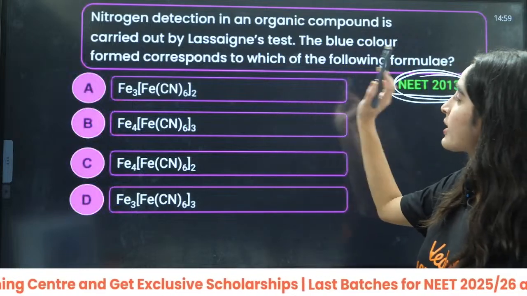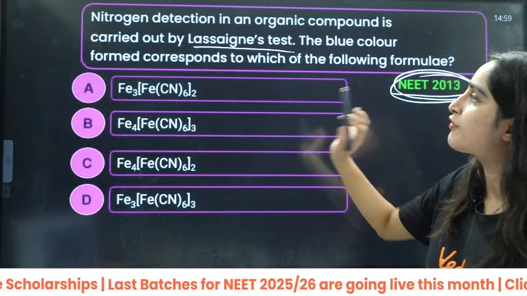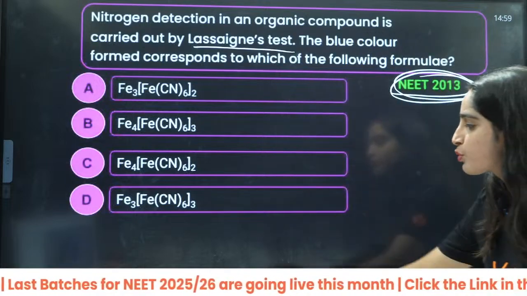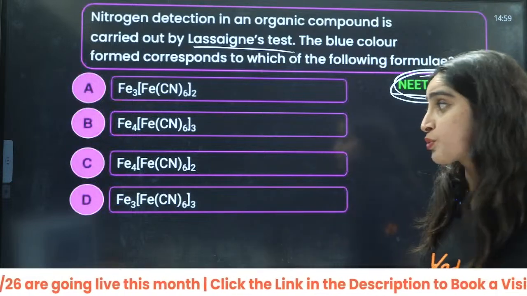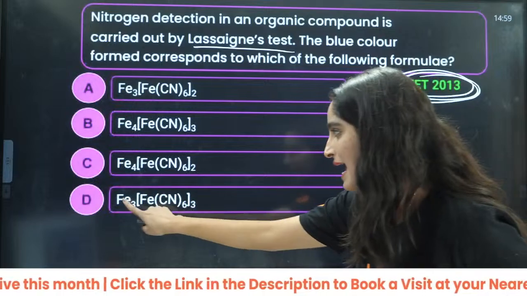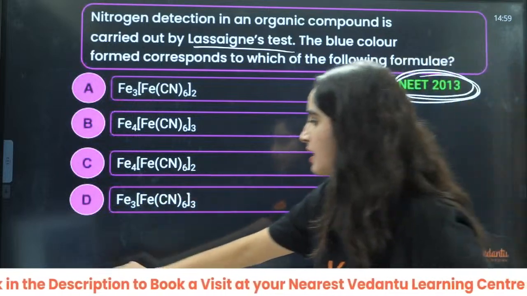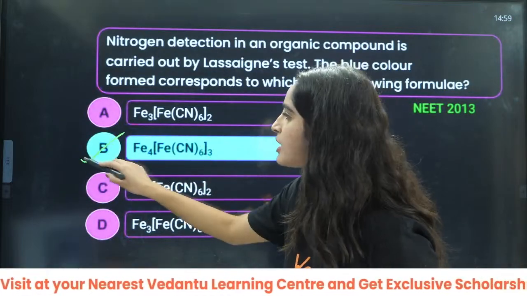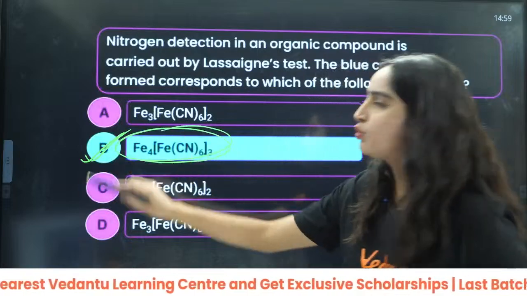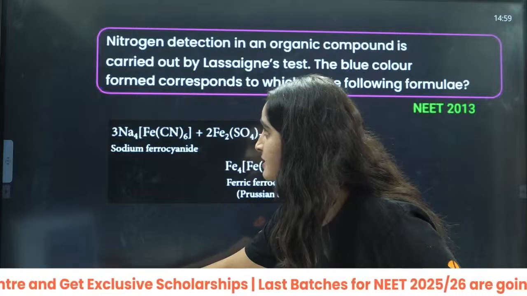Nitrogen detection in an organic compound is carried out by the Lassaigne test. The blue color formed is the Prussian blue color. And that compound is what? Everybody in the chat box, Prussian blue color. That compound is Fe4[Fe(CN)6]3. So this is your Prussian blue compound. Right? Just the coordination compound you have to remember. Next is